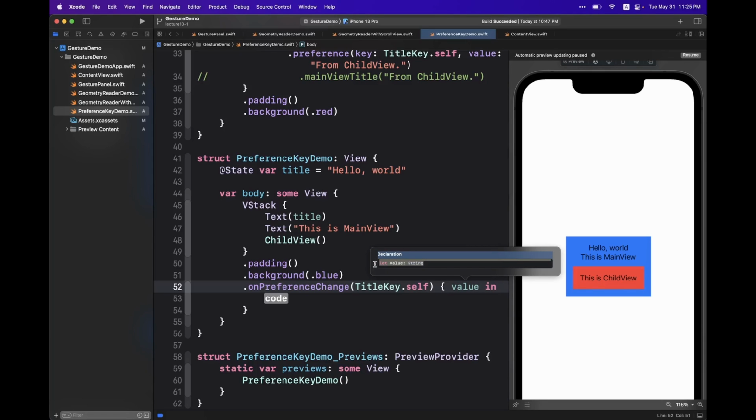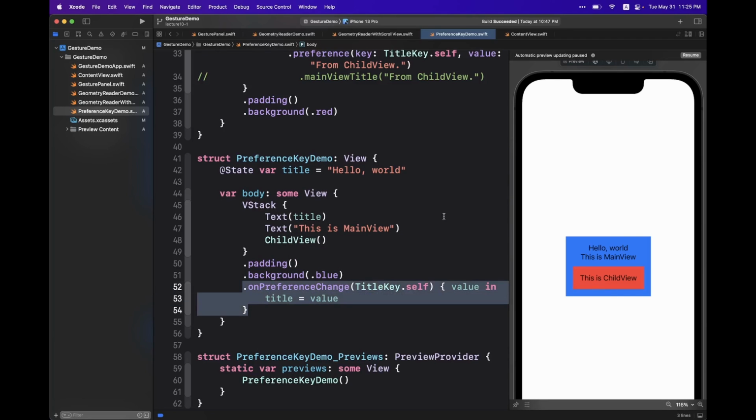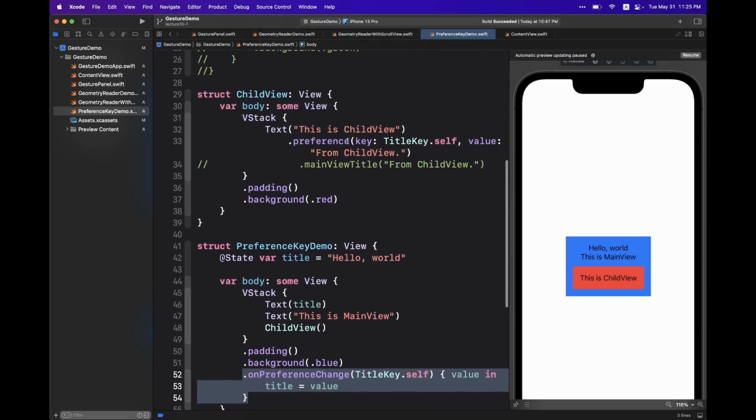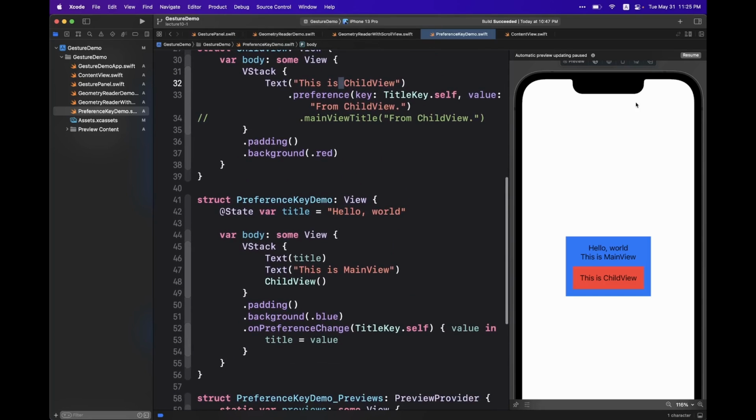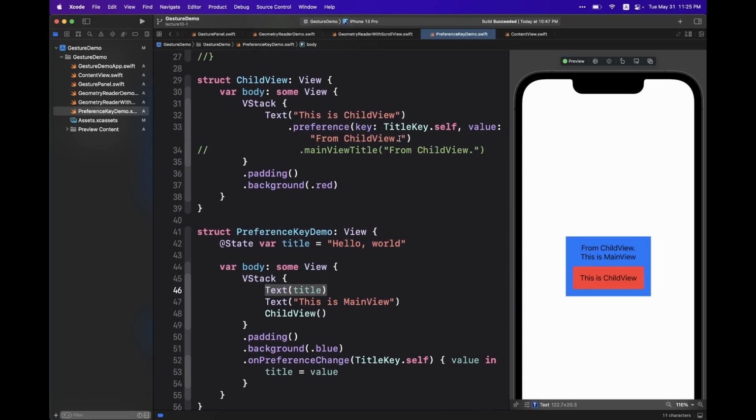The code completion is a string. So I can just change this title to this new value. Okay, that's how you achieve this behavior by passing data from the child view to the parent view. Let's resume this thing. Okay, you can see the title now is changed based on what value passed from the